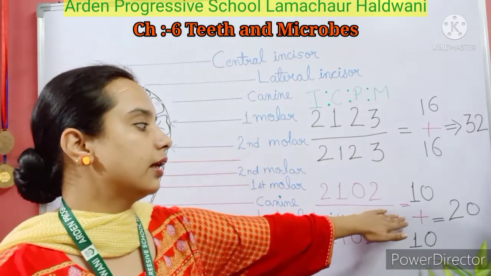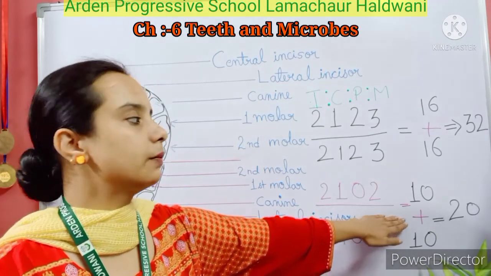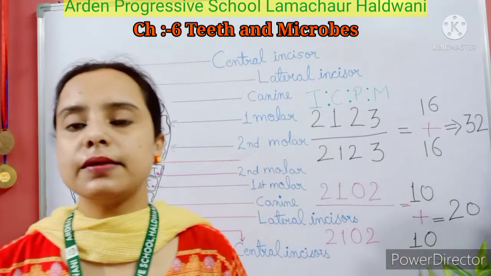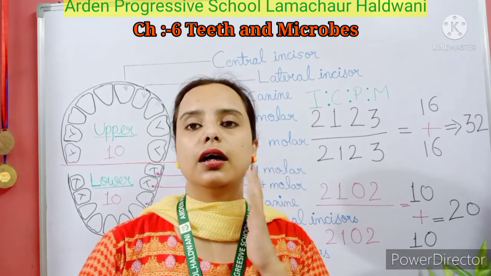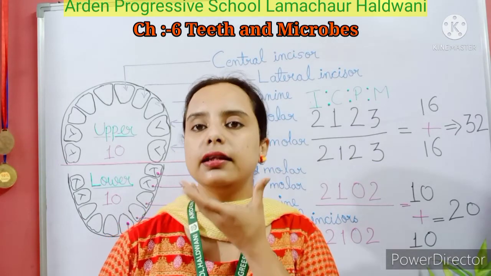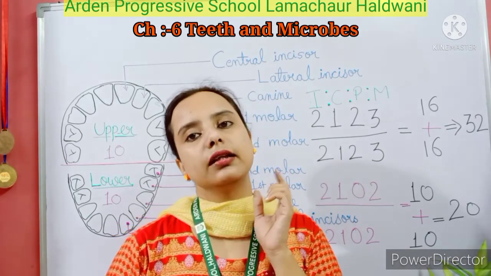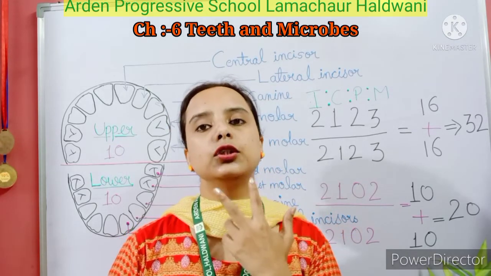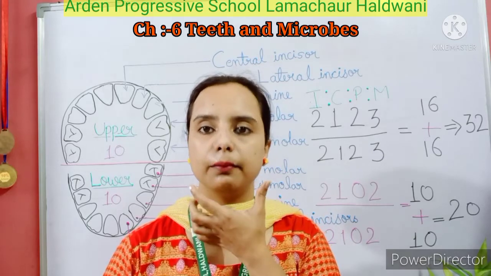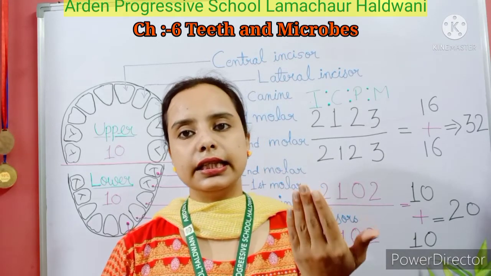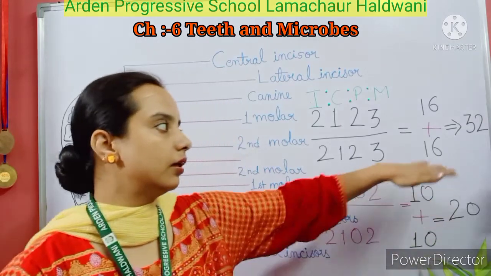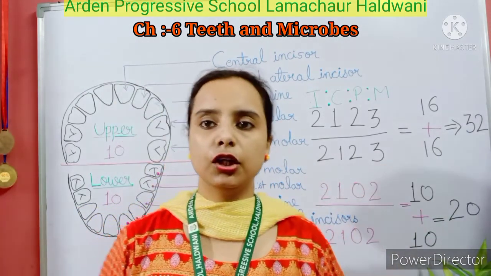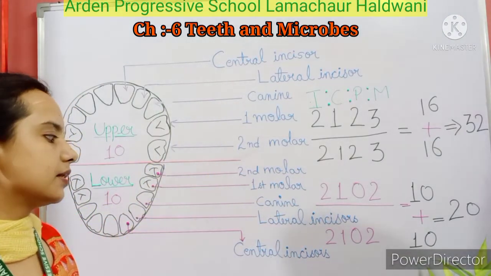Now one question is, why do babies have only 20 teeth, but adults have 32? This is because when babies are small, their jaws are small and narrow, so their teeth are fewer in number. But as you grow, your jaw also gets broader and bigger, so the number of teeth also increases. Is it clear? This is what we have studied here.